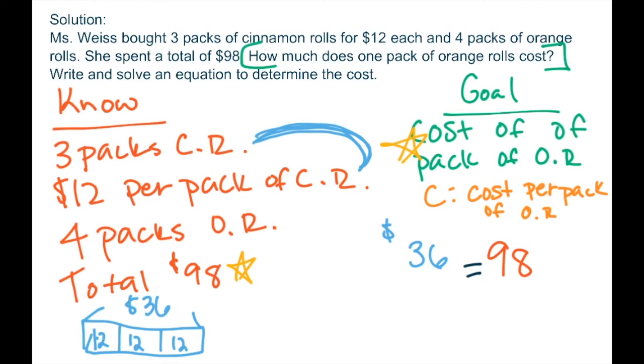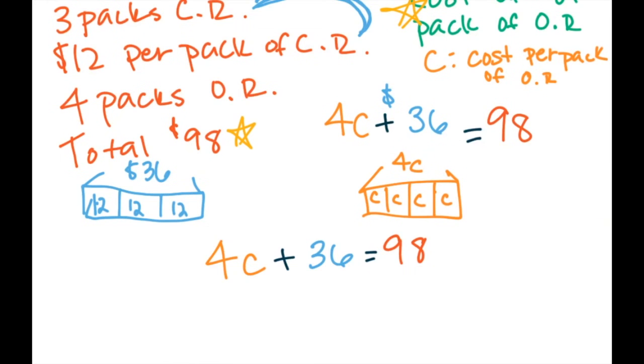So still thinking about my tape diagram, I've got 4 packs of orange rolls, but their cost is represented by C. So instead of getting a number, I actually get 4C for the cost of the orange rolls. So 4C plus that $36 it cost for the cinnamon rolls is equal to $98 that Miss Weiss spent. So now what I've done is I've set up a 2-step equation to represent this story,